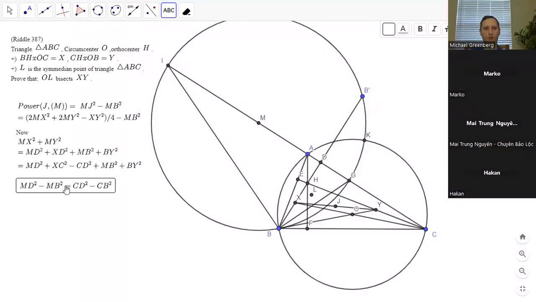Yeah, it feels like it should work. So MX squared plus MY squared equals XC squared plus YB squared plus CB squared minus 2MB squared plus 2MB squared. And then if you double that and you plug it in here,